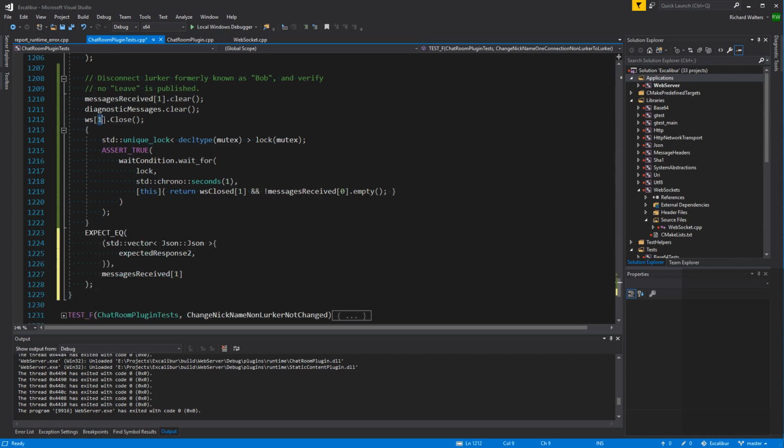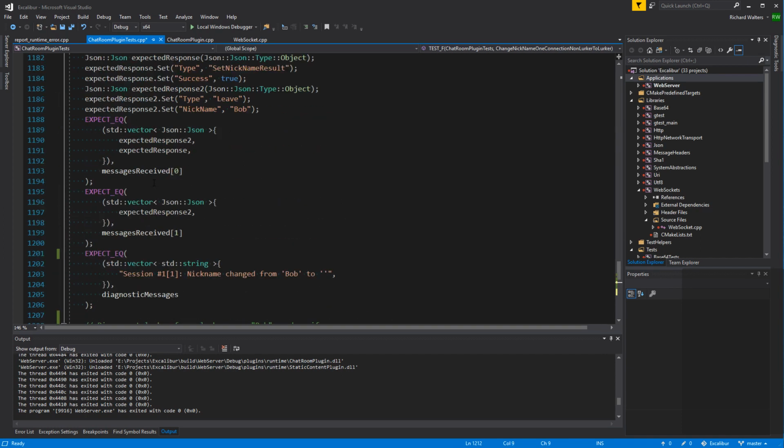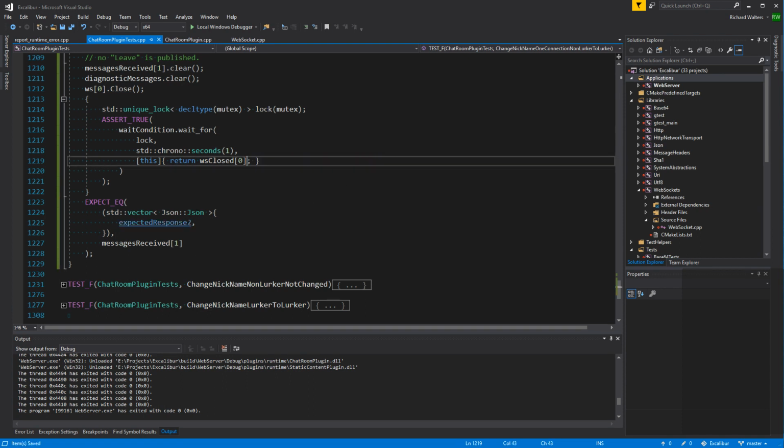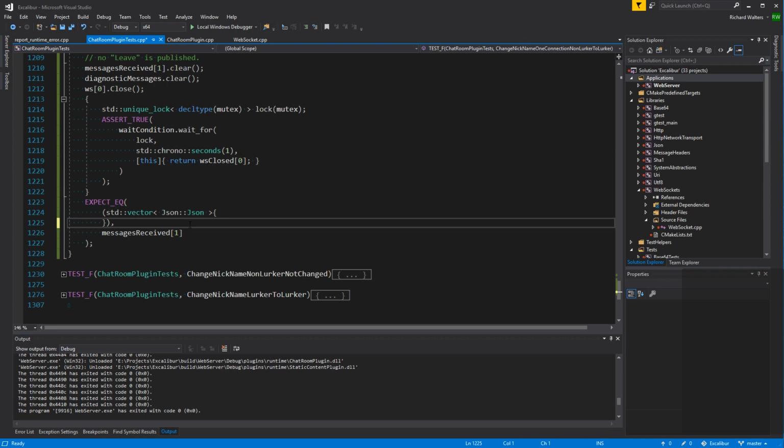Oh, this should be 0. Zero, and that's fine. And no messages.